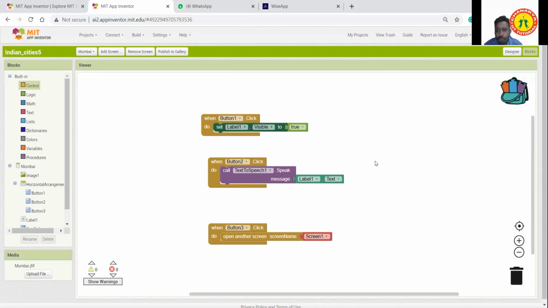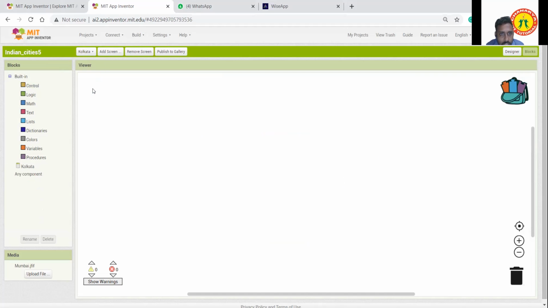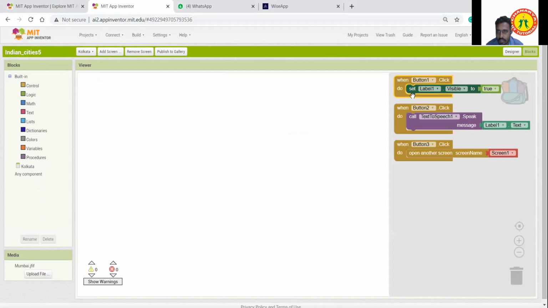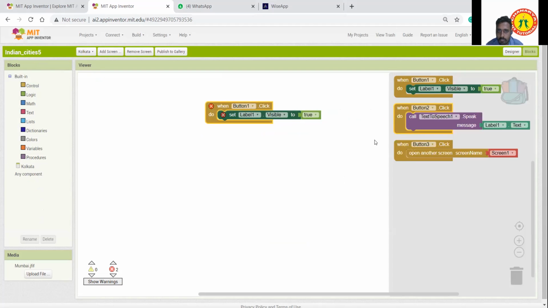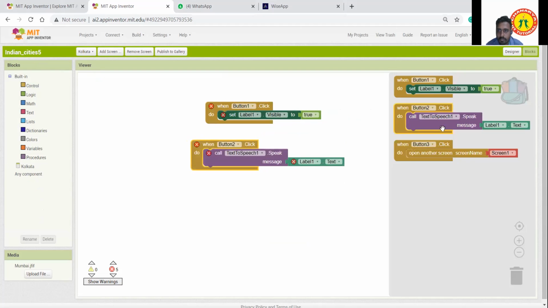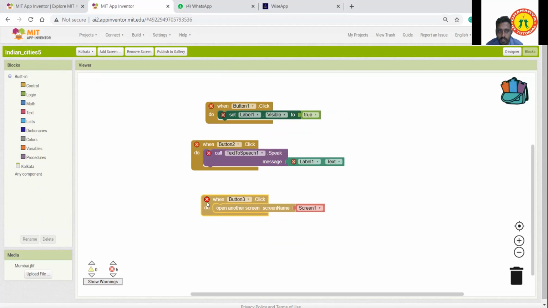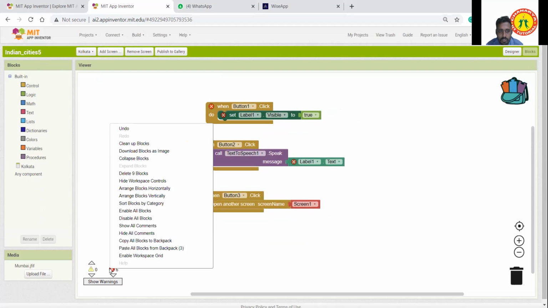So the same program we are going to do for all the screens. Like Calcutta, just select Calcutta, go to backpack, just grab this, just do the same.